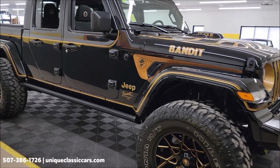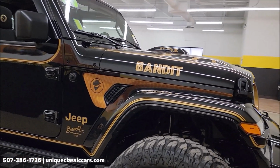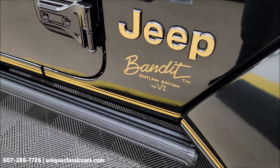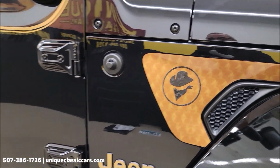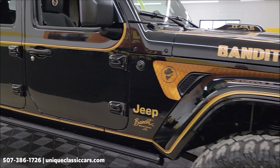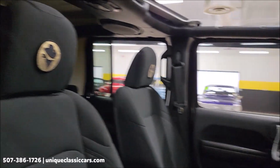Wheels on this, 22-inch wheels, 38-inch tires. Axles underneath, the Dana 44 front and rear axles. Does have a 3.5-inch Rough Country lift. Hand painted insignia on them. I believe there were 10 of these made. Also custom decals as far as the Bandit Gold Edition inlays, gold patches, hand sewn, headrests,